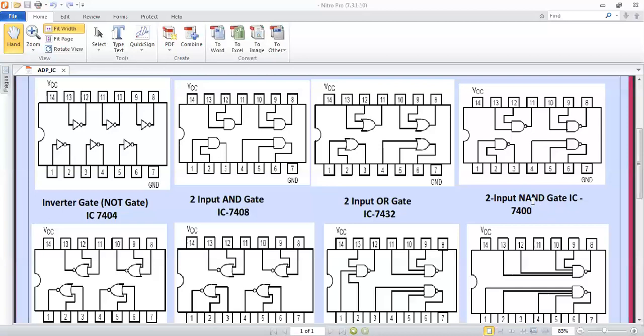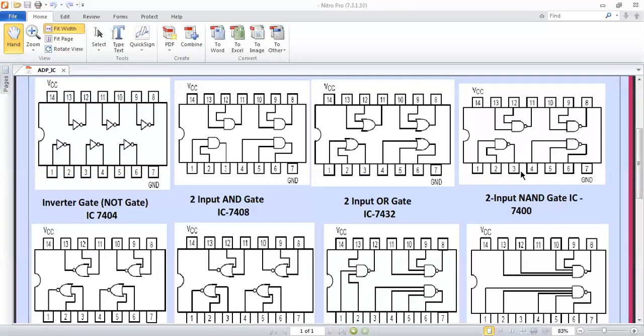Now next is the NAND gate IC. The IC number is 7400. It is also a 2 input IC, or you can say a 2 input NAND gate IC. So pins 1, 2 are inputs, with a bubble on the gate, and the third is output. Input 0 0 would give 0, but it is inverted into 1, so the output will be 1. Input 1 0 would give 0, and it is inverted into 1. Whenever a 0 input is there, the output will be converted into 1. And for the last input, 1 1, the output would be 1, which is converted into 0.